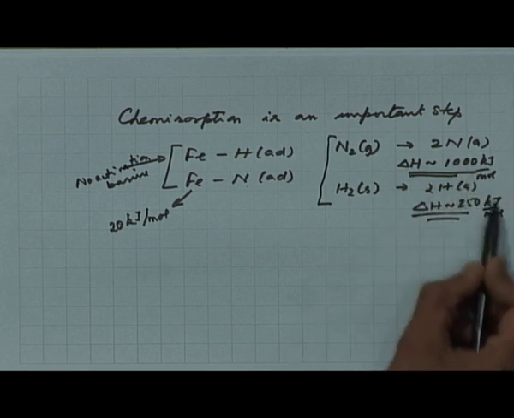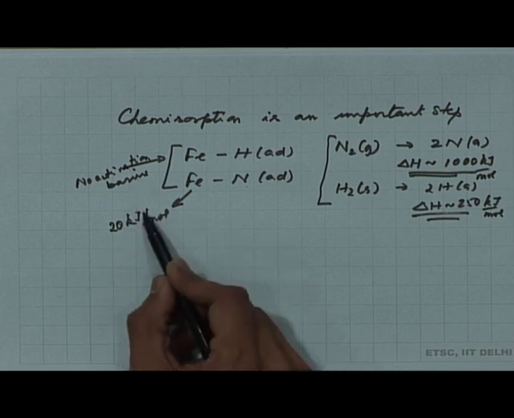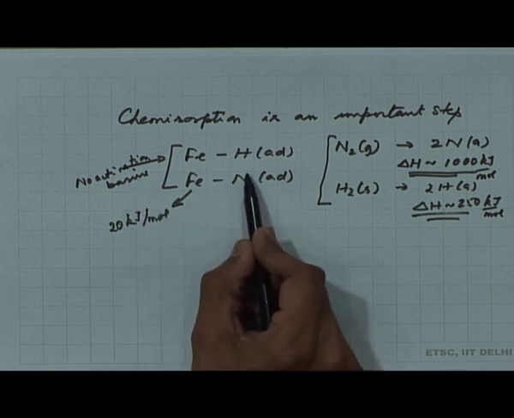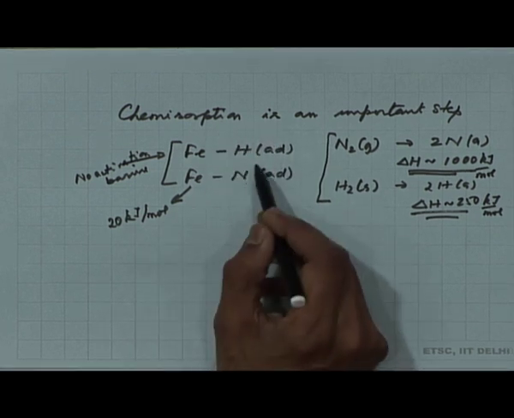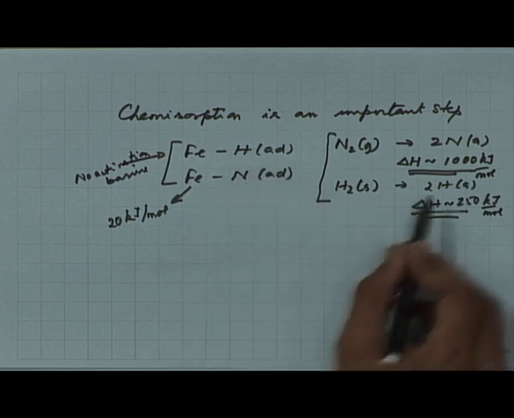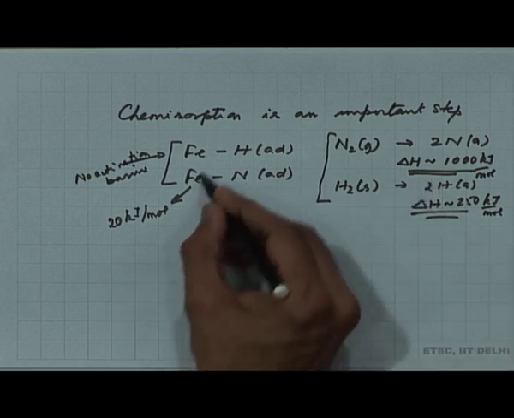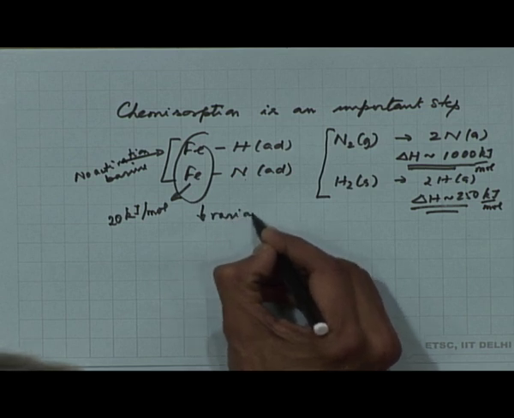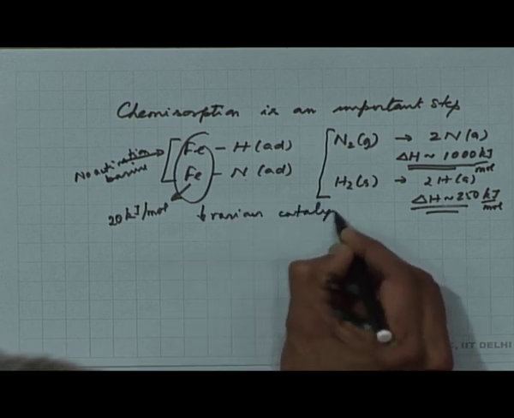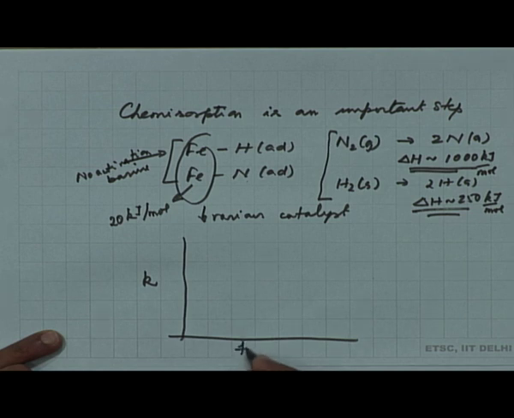So, you do not have to spend so much energy as is given here, but with much lesser energy you are able to get adsorbed species, and that is the driving force. That is what makes this surface reaction much faster than what you would have if you had it in the gas phase. So, if you now looked at various catalysts, if you looked at the rate of this reaction or the rate constant of the reaction as a function of catalyst,